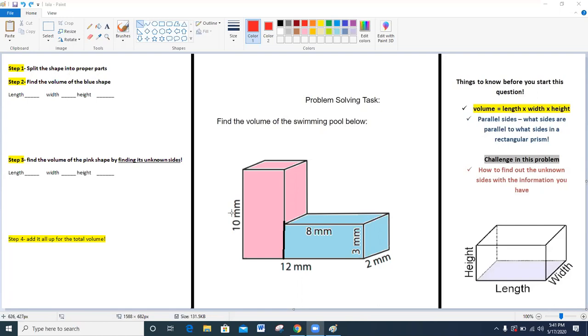I already did that. Now I have two different rectangular prisms. One's blue, one's pink. Step two, find the volume of the blue shape. So let's go on and do that. All right, so the length in the blue shape right over here. So what I'm going to do is highlight,